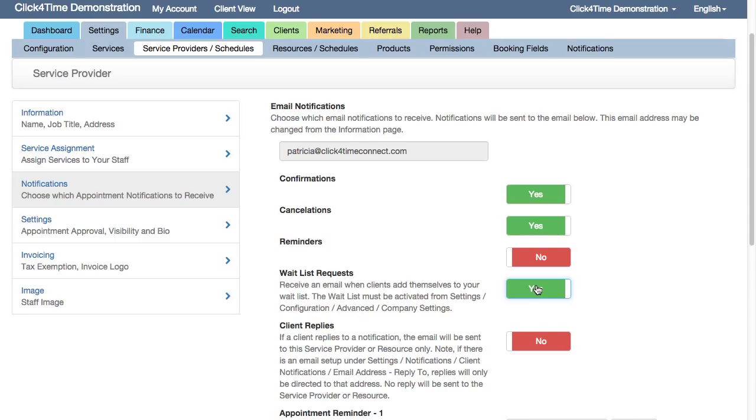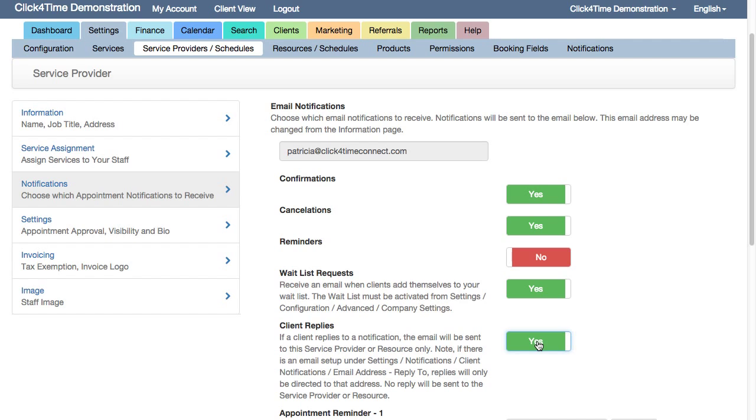Related to client replies, by default, if clients reply to an appointment notification email, that reply will be sent to the company email designated under Settings, Notifications. If a service provider chooses to receive client replies, those client emails will be redirected to that staff member and not the company email.